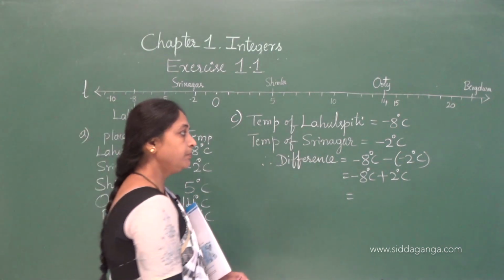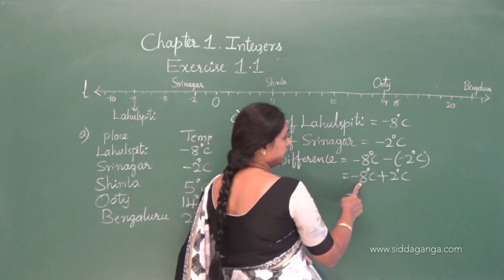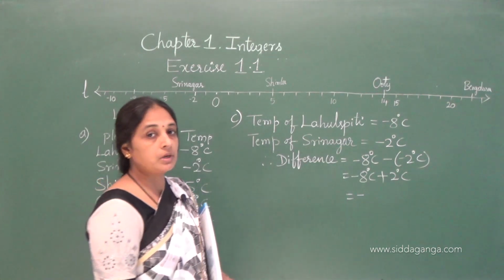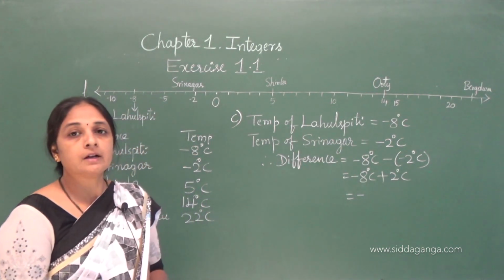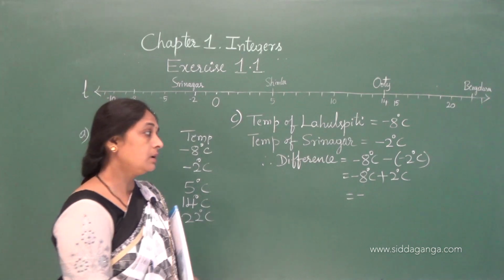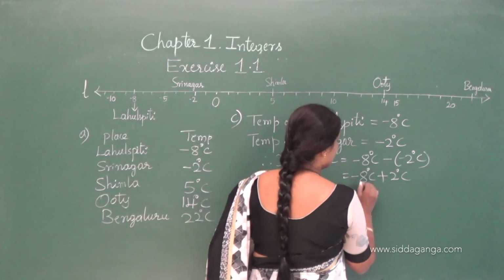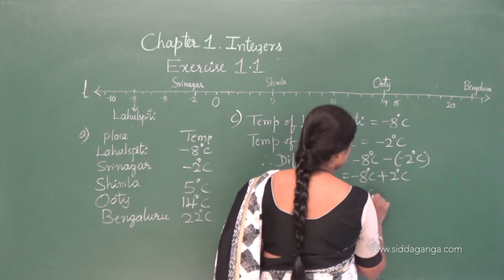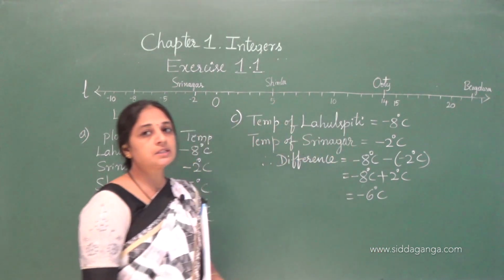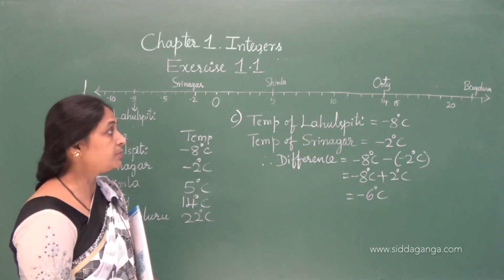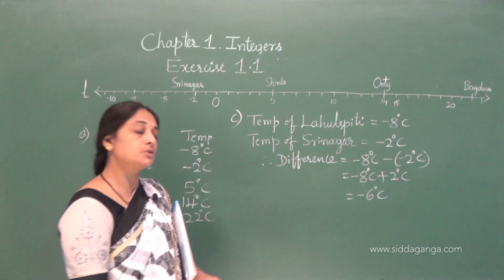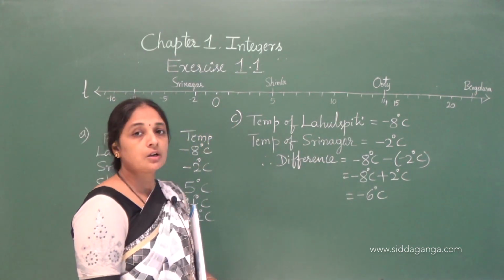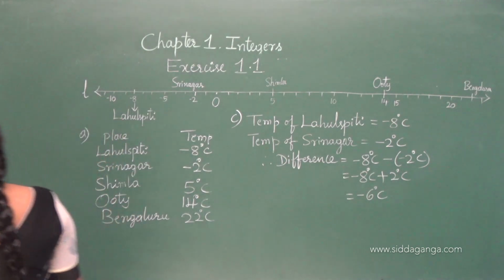when subtracting. So let's take out 2 from 8, it is 6, and we have to take the sign of the bigger number. Here neglecting minus sign, we consider 8 is the bigger number, and for the answer we write minus sign. It is -6 degree Celsius. Lahul Spiti is the coldest place, so we consider -6 degree Celsius, it's the coldest one. Okay.